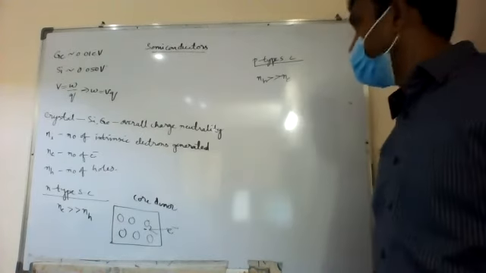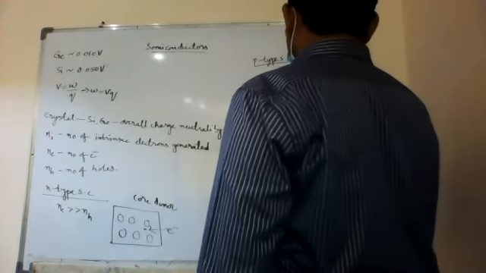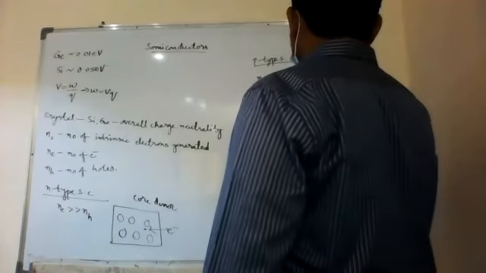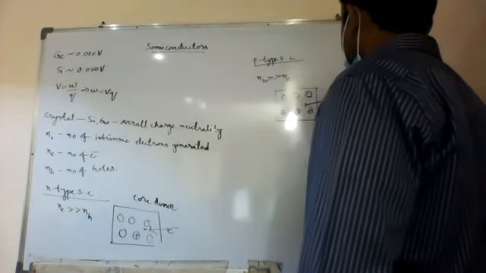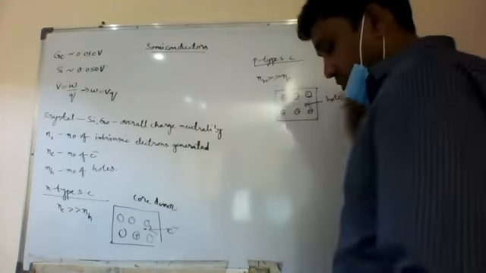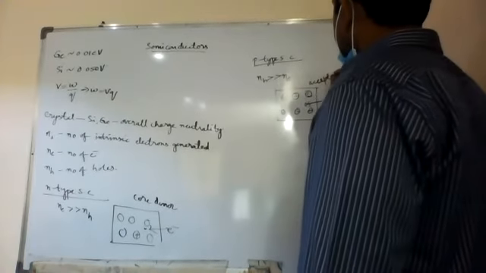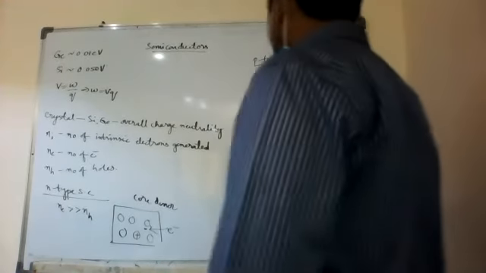Now here, this is all negative, and then a hole is there. This is a hole. So this is said to be the acceptor core. Okay, so in thermal equilibrium,